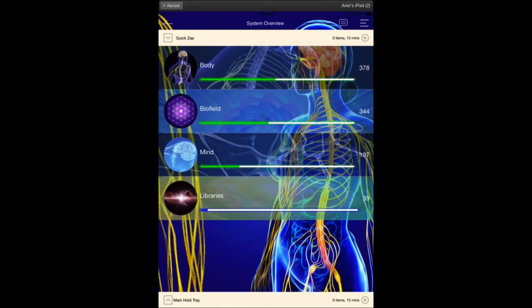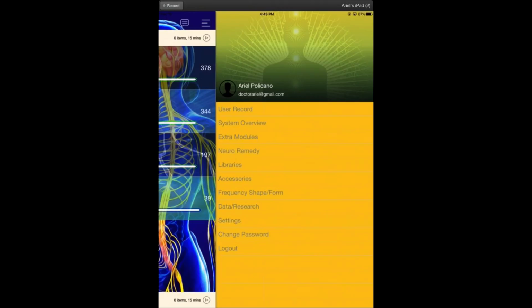Do you have a Beamer panel? Sandy, shoot that email to me so I can create one for those of us who use and distribute the Beamer. When you click on the report, the only thing I get is the body, the mind, and biofield, but no details. What am I missing? I don't even know where the report is, so I apologize.